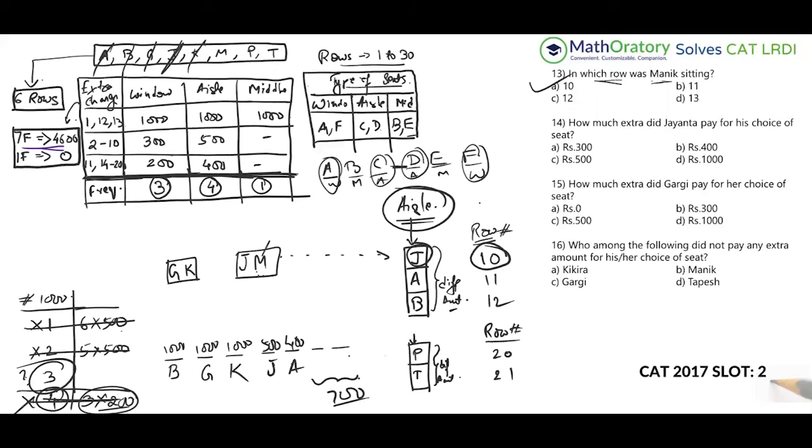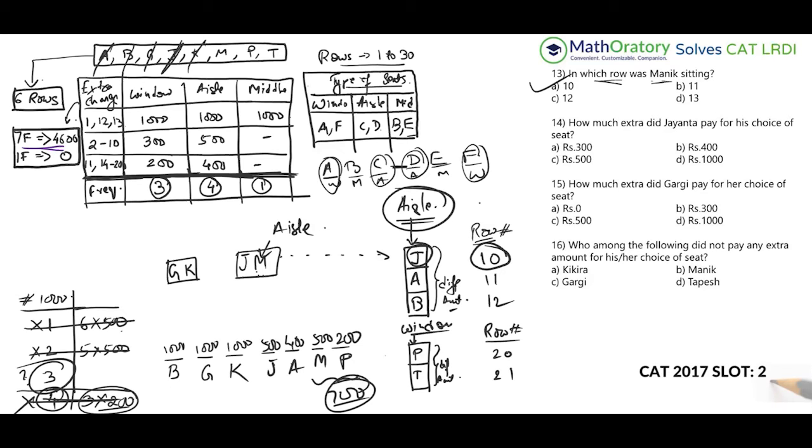So if M is also sitting on an IL seat, we already know that M is sitting on row number 10, and row number 10 on an IL seat pays 500. So one of these two values has to be 500, paid by M who sits on an IL seat, which automatically implies that P must be paying 200, the remaining value to make that 700. So P is paying 200 and P sits on row number 20. In row number 20, the 200 is paid by a window seat, so this is definitely a window seat. I hope you understand that in this set, I did not focus on the letter values as such because there was no information for that. The only thing we can comment on is the IL seat, the window seat, and the middle seat. So that is what I focused on.